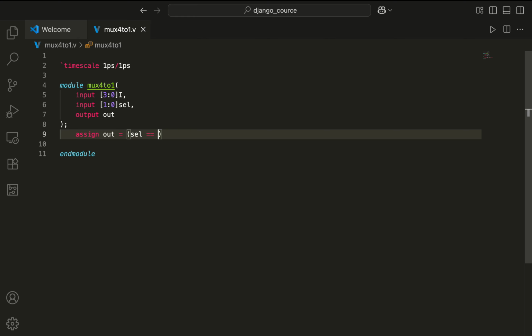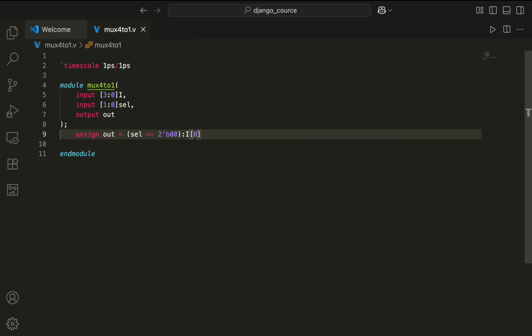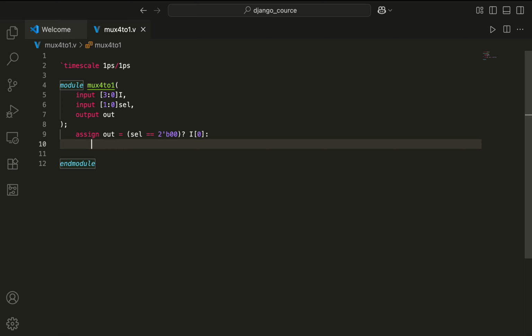sel is 2'b00. Is it 2'b00? If it is, so 0 we can assign it as I0. Sorry, here should be a question mark. We are using the ternary operator here. Is it now? This time we will ask